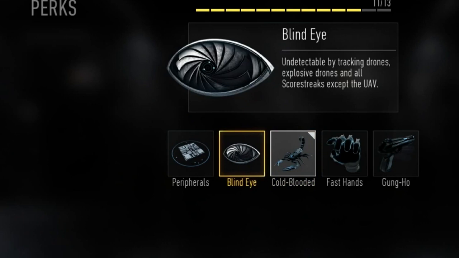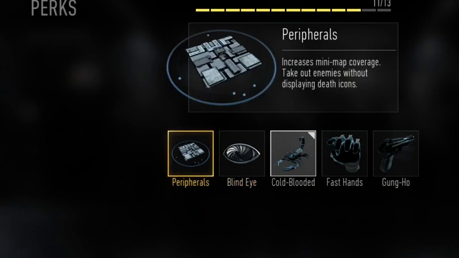Undetectable by blind eye, explosive drones, score streaks, UAV. I already said that. So you see the combinations here. This game, with all intents and purposes, is going to be no different than Black Ops 2. And when you look at it, you're saying to yourself, well, why would they put all this stuff in here? Increases minimap coverage, take out enemies without displaying